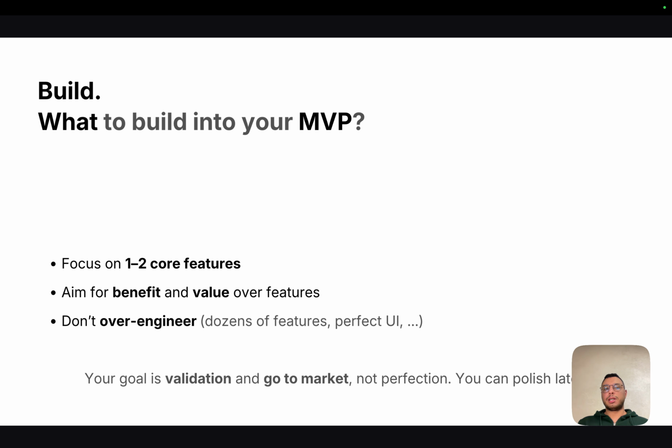So in this step, the main question that we will firstly try to reply here is like what we will be building into our MVP or minimum viable product. So mainly here we will try to figure one or two core features that will be responding to our problem or to our idea. Then we will generally focus or aim for benefit and value over features, which is a mistake a lot of developers